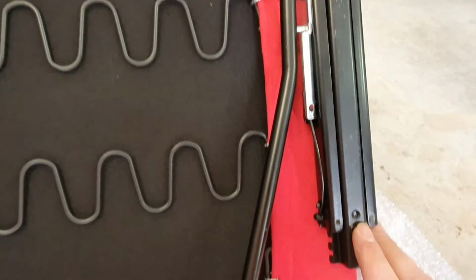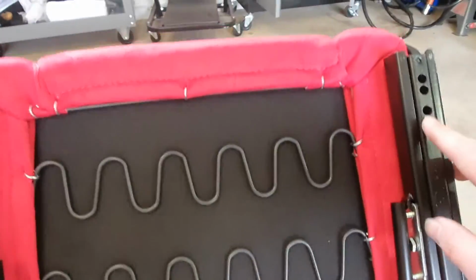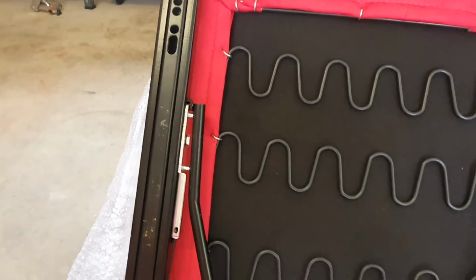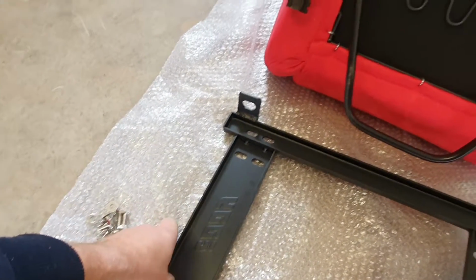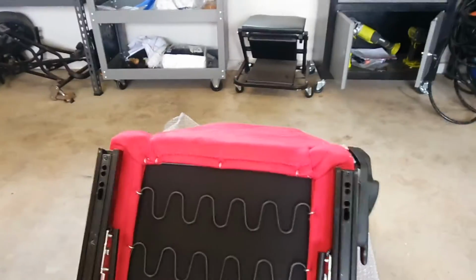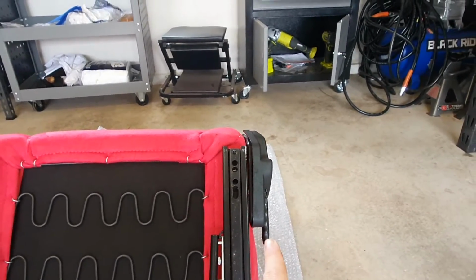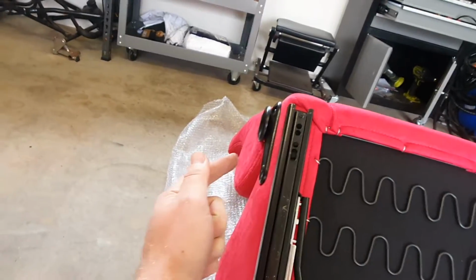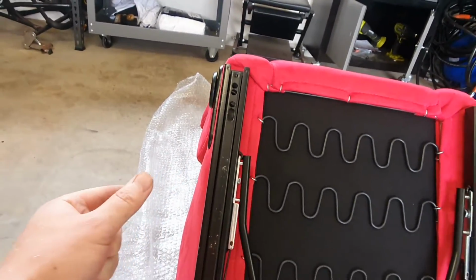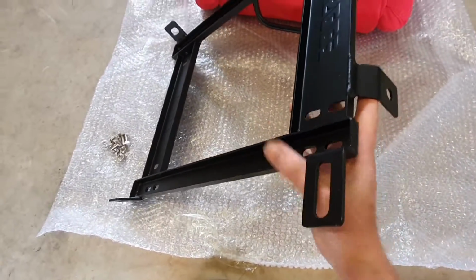So the bolts are going to go through these holes at the front and one of these sets at the back. So it depends on where you buy your rail from for how it's going to line up, but make sure this one's the driver's seat, the reclining handles on the door side, and on this side our seat belt buckle's going to go. On the mount, this tab on the side is for the seat belt buckle,